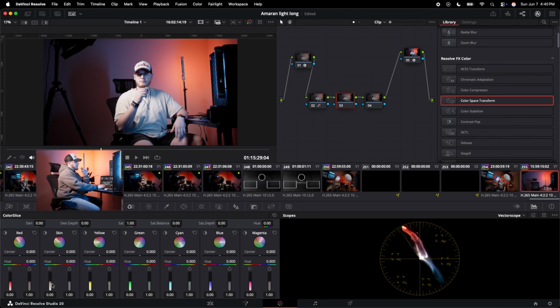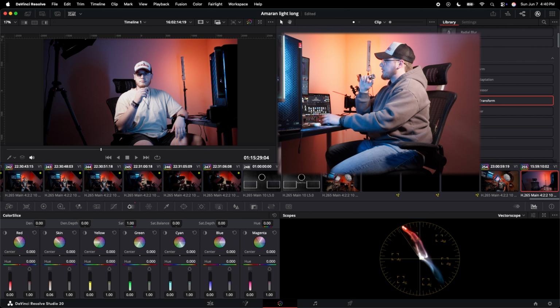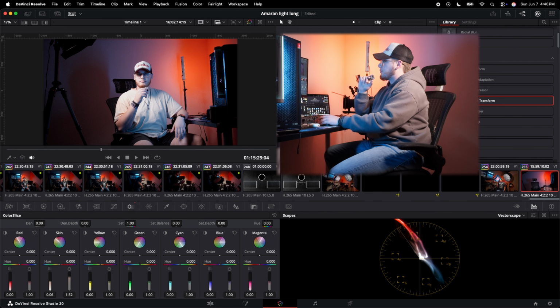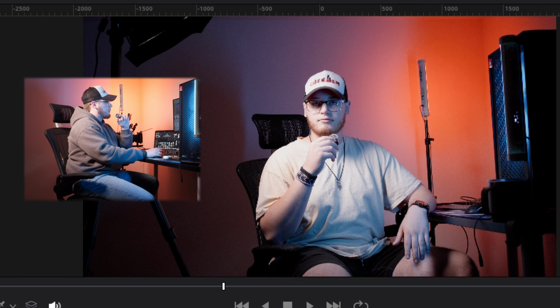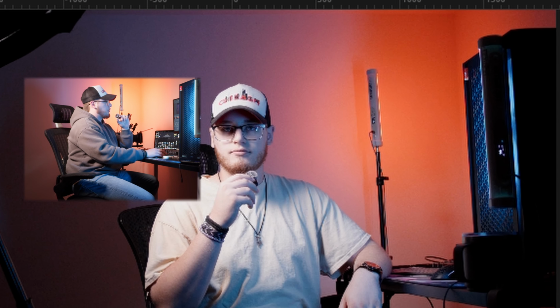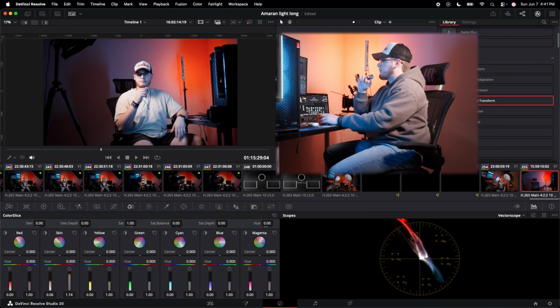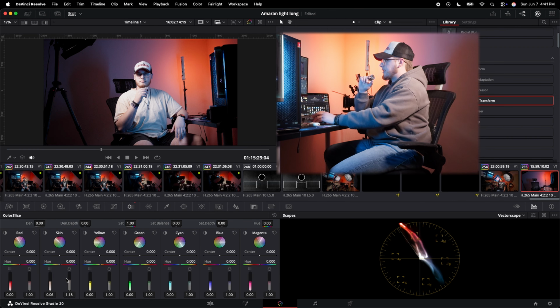So I'm gonna crush these oranges a little bit more because I'm gonna add a little bit more shadow to the skin tones. You can actually see how much that's doing, and I don't want it to be that crushed, so I'm gonna bring it down just a little bit right there, and I'm gonna bring this up. You can even see that's too much. My face is not even doing too much, but that corner is doing too much. So I'm gonna bring it back down just a little bit,